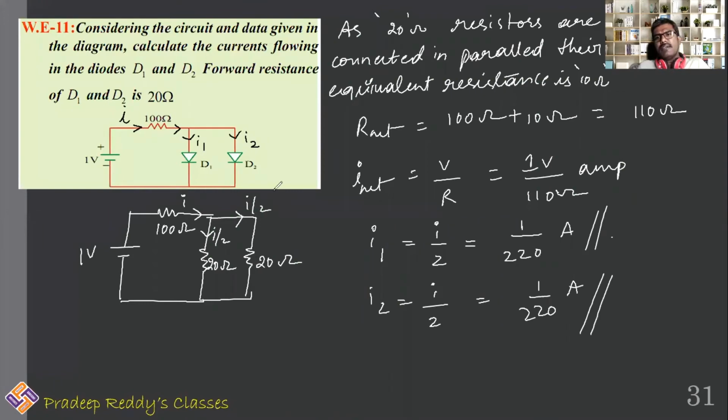If their resistances are different, then in such a case you cannot take it as half current entering into the first one and half current entering into the second one. You need to take their values R1 and R2 separately. You should calculate I1 and I2. The I1 and I2 division depends upon the resistance of those diodes, and these two diodes are not ideal now. They have some resistance. That's the reason why we are replacing these diodes with resistors. If diodes are given as ideal, they will not offer any resistance. Simply, they will act as a wire. You will just replace the diode with a wire.